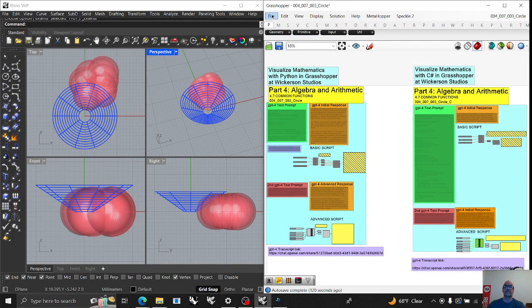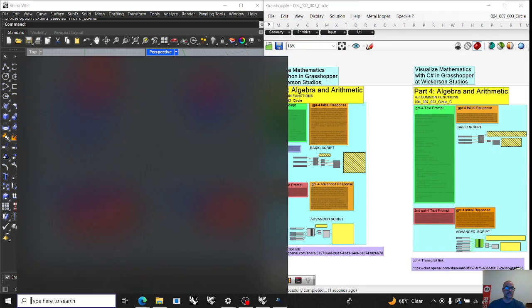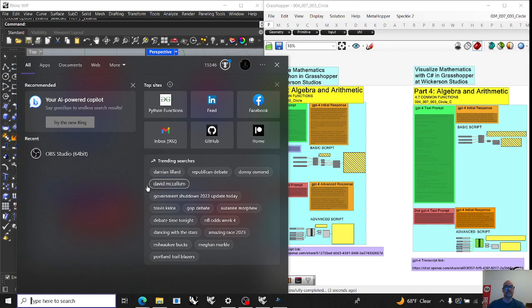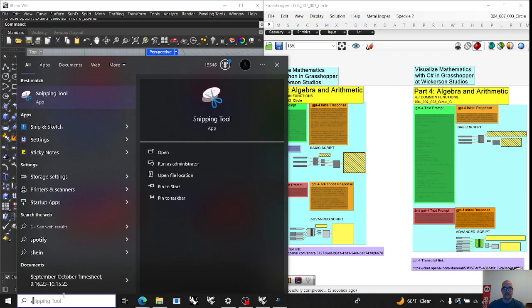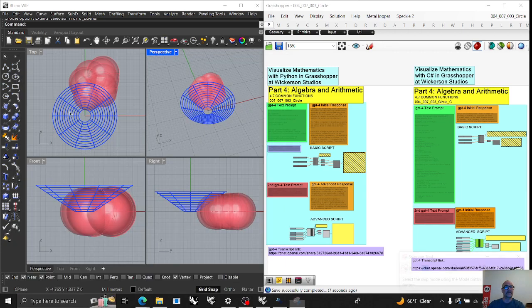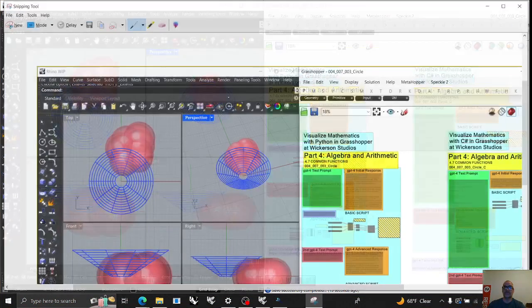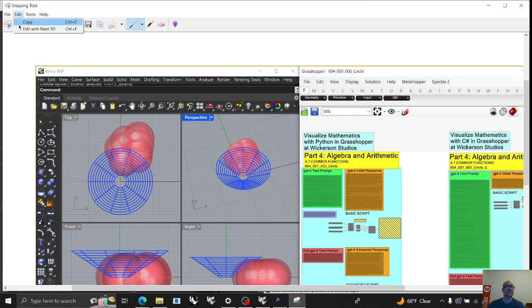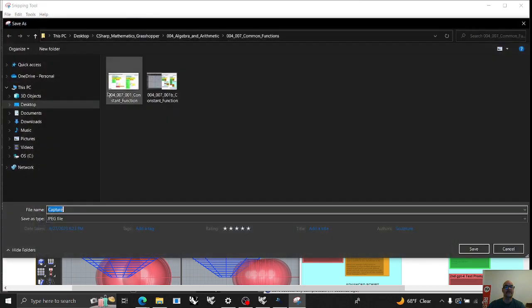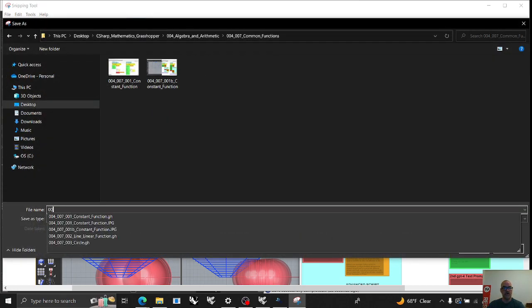File save, and we're going to just take a little snapshot of it, which is very exciting. We'll go into snipping tool and grab a little rectangle, and we'll grab that node, and boy, that was hammering through that stuff. I'll time and date it at the bottom to show where it was. We're going to save that file as our common factors, as our 004 circle without the GH file, and that